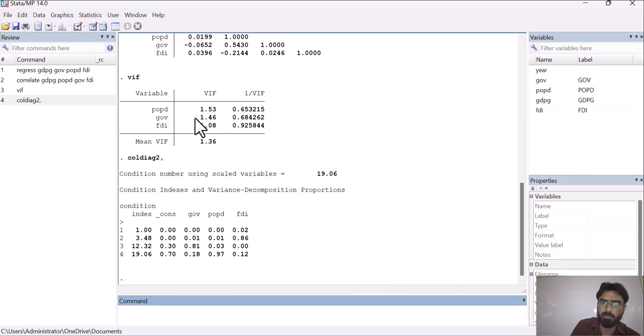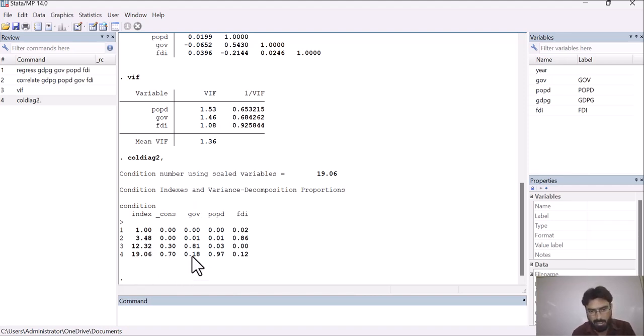We have already applied three tests before: correlation, variance inflation factor, and tolerance. All of these indicate that there is no multicollinearity, and this test also indicates moderate multicollinearity, not severe multicollinearity. So we are good to go with this model to obtain residuals, and we can apply any test on these models.